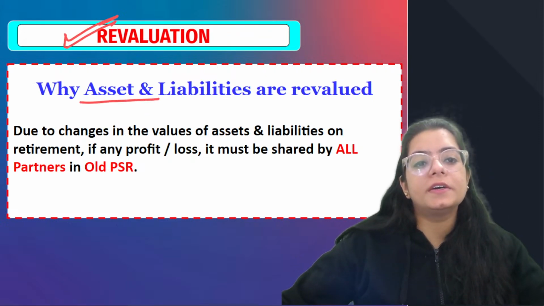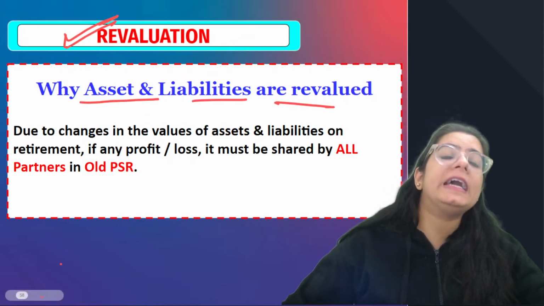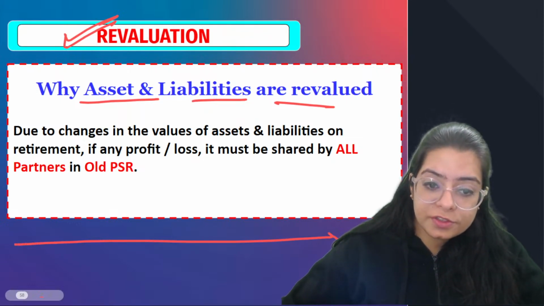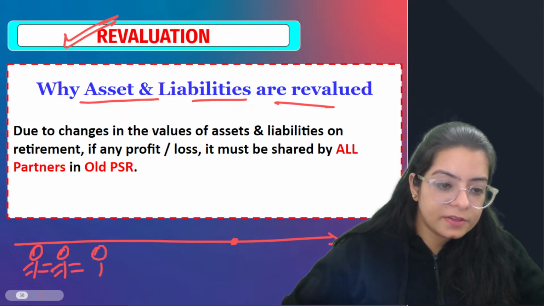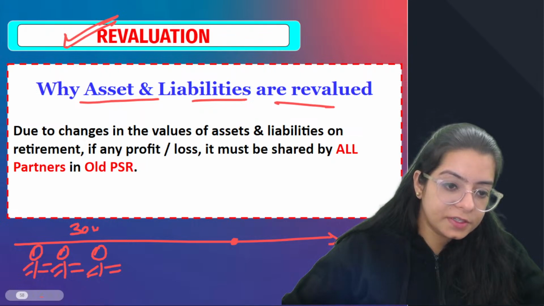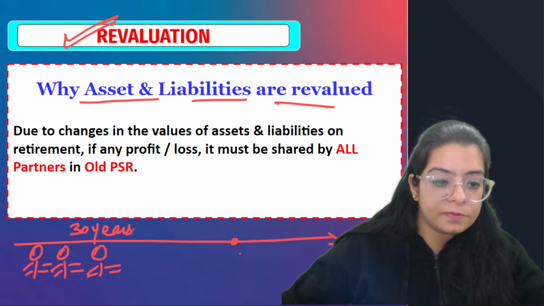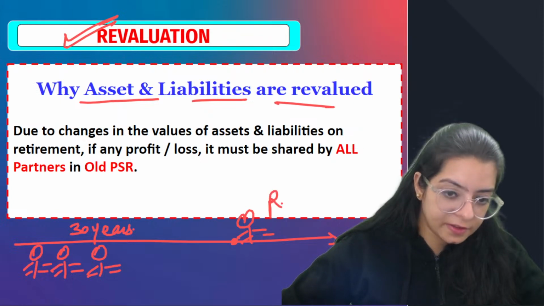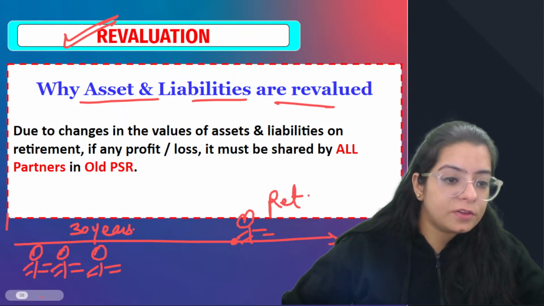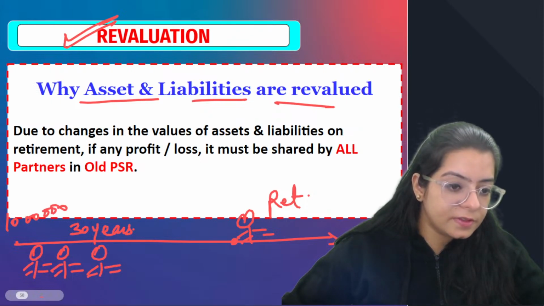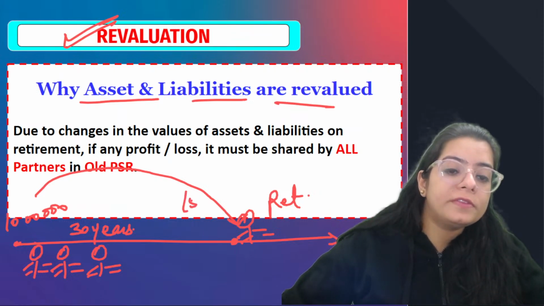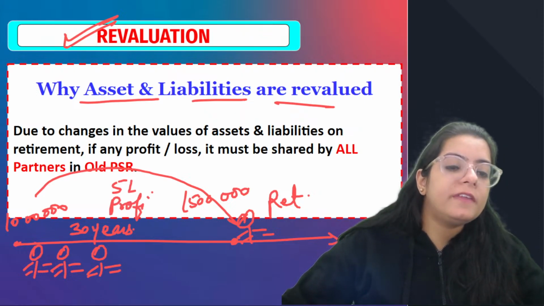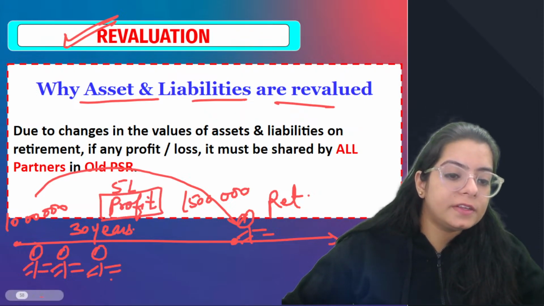What is revaluation account? As you all know from admission, whenever any reconstitution situation happens, if these three partners have been working for the past 30 years, and one of the partners is retiring here, so let's say there was an asset of 10 lakh earlier when they started the business in the first year. Now at the time of retirement after 30 years, the value of that asset is 15 lakh. So this 5 lakh profit,